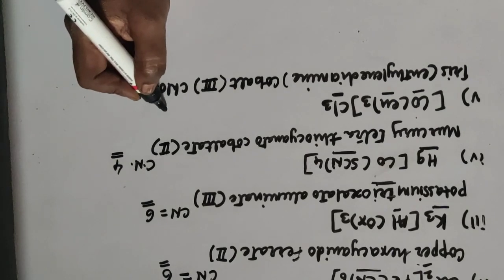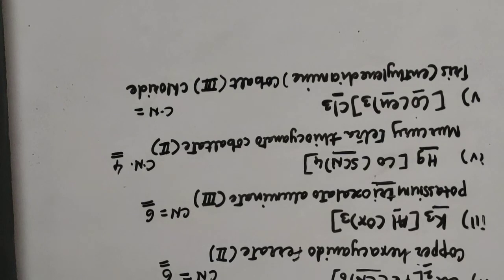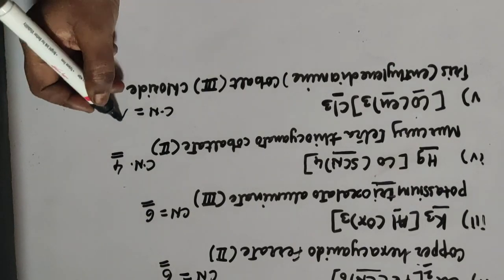What about the coordination number now? For this, 3 ethylene diamine molecules are there, and it is didentate. 1 ethylene diamine molecule can donate 2 lone pairs of electrons, and 3 ethylene diamine molecules are present. So wherever polydentate ligands are there, once again I am reminding you, you are supposed to count the number of lone pairs of electrons donated. 1 en can donate 2 lone pairs, 3 en are present, so 3 2s are 6, and hence the coordination number is 6 here.